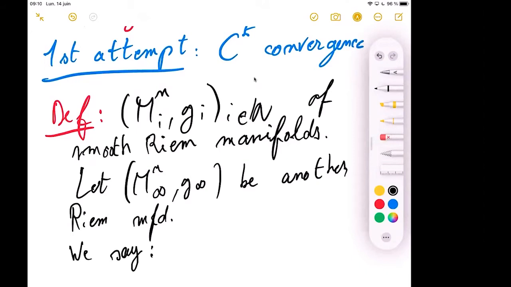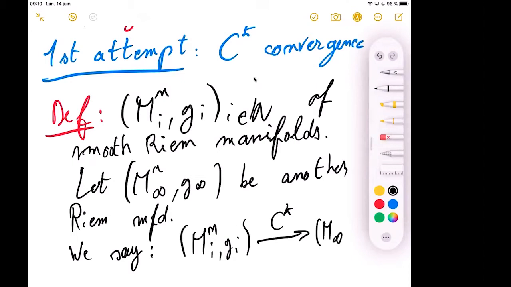So we say that (M_i, g_i) C^k converges to (M_infinity, g_infinity) if